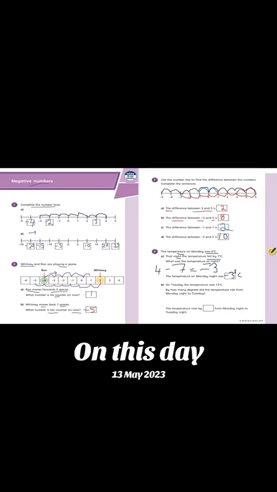For part B, on Tuesday, the temperature was 13 degrees Celsius. By how many degrees did the temperature rise from Monday midnight to Tuesday? So essentially,